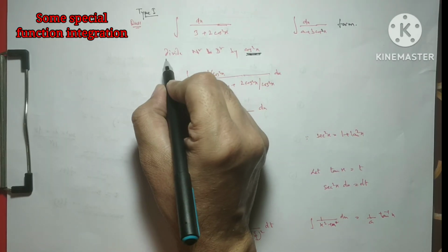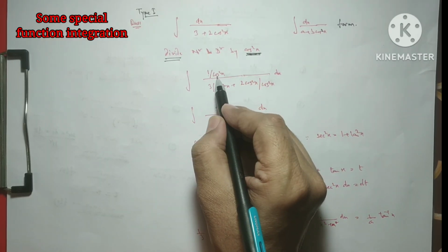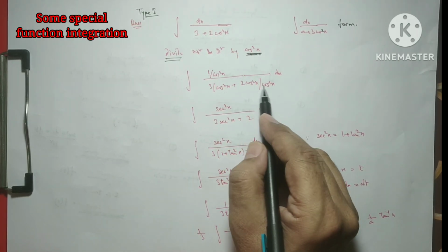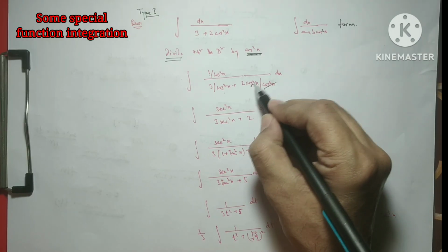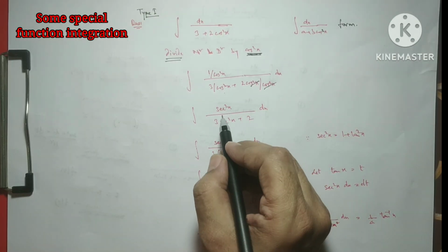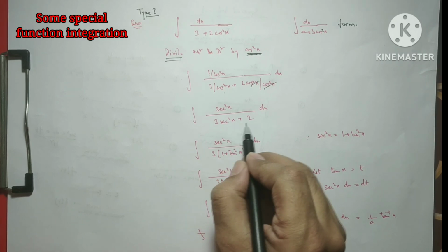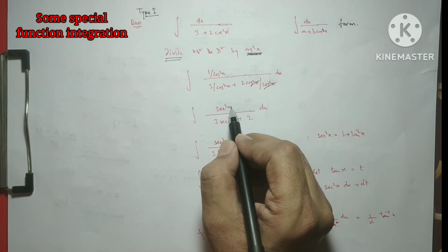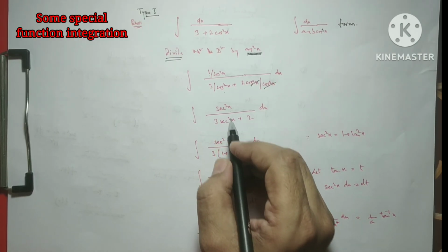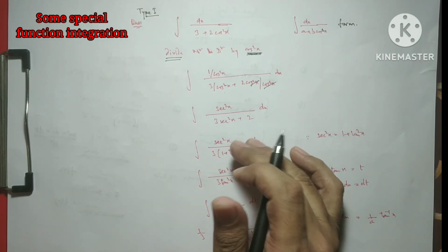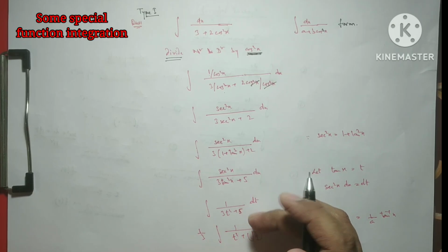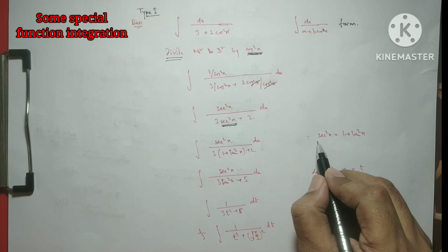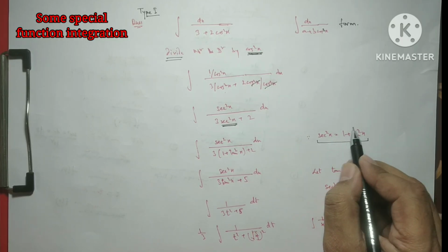So right now when we divide this, we get 1 over cos square in numerator and 3 over cos square plus 2 cos square over cos square. Right now cos square will be cancelled out. So in numerator we get sec square x, and this is 3 sec square x plus 2. Right now we will not change the numerator, it is required as sec square x, but denominator should be in terms of tan x. So we convert this sec square x in terms of tan square x according to this trigonometric formula.